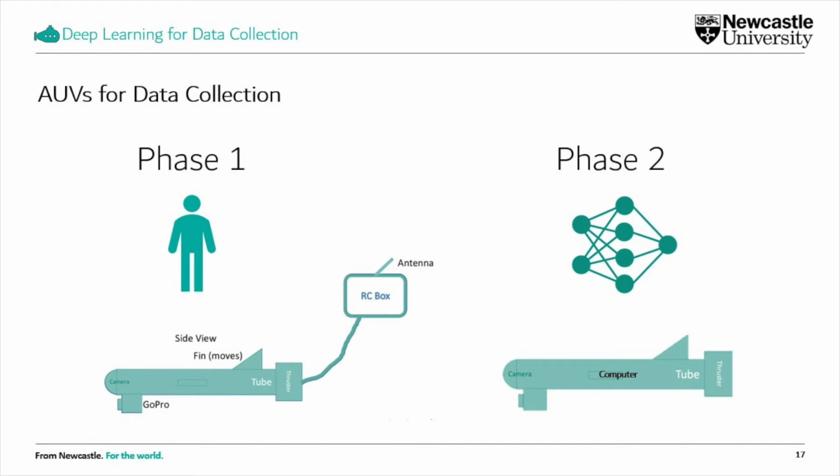In phase 1, where we are now, we don't technically have an AUV but an ROV, a remote operated vehicle, that has been engineered in-house by Professor Nick Wright, and in this phase the video footage being captured by the onboard camera for later data analysis is also being live streamed to a feedback display held by the researcher, who can steer the vehicle either from a research vessel or perhaps even from shore. We think it's going to have a range of about 1 mile, via the floating radio control box which the